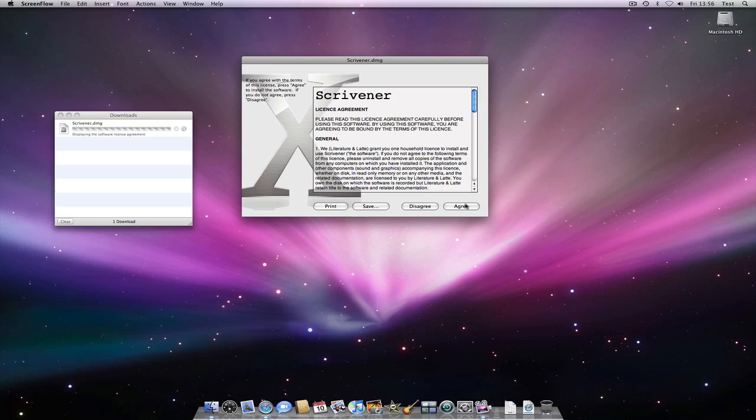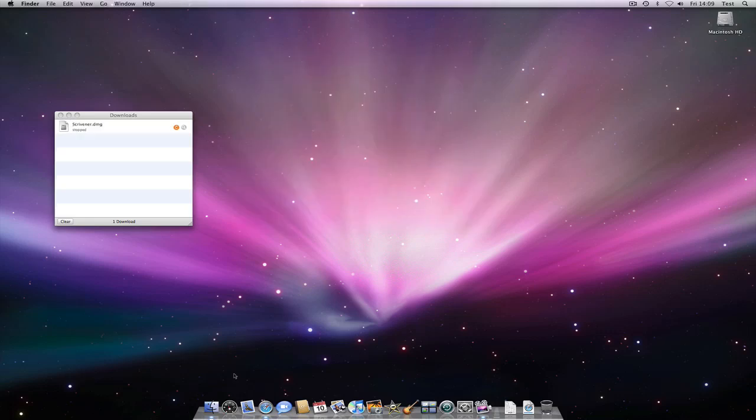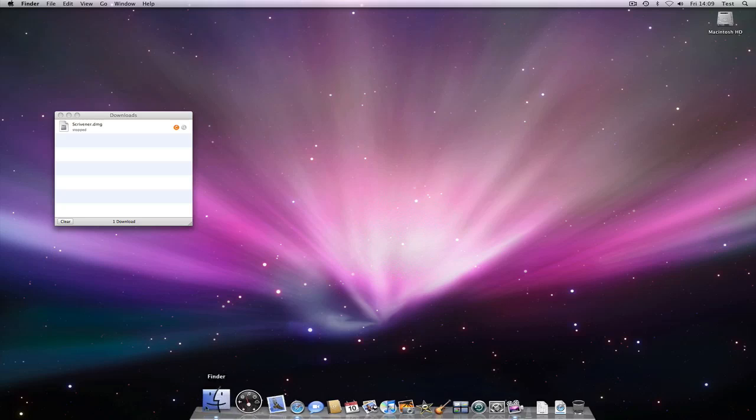If your system isn't configured to open downloads automatically though, or if you want to reinstall for some reason, you may also need to open the installation file manually. So let's take a look at how to do that. The file will have downloaded to whichever folder your browser is set to download to. I'm just using the default, which is the downloads folder in Leopard. So if we browse to that folder in Finder,